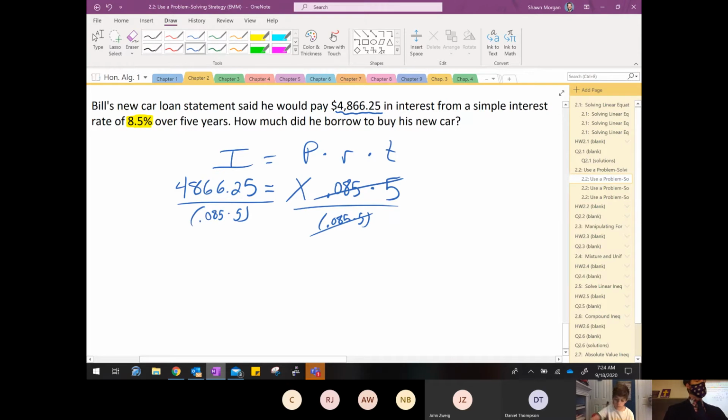What do we get? Somebody got that number? My phone just fell asleep. What do you got? Call it out. 11,450. And that's how much money it would cost